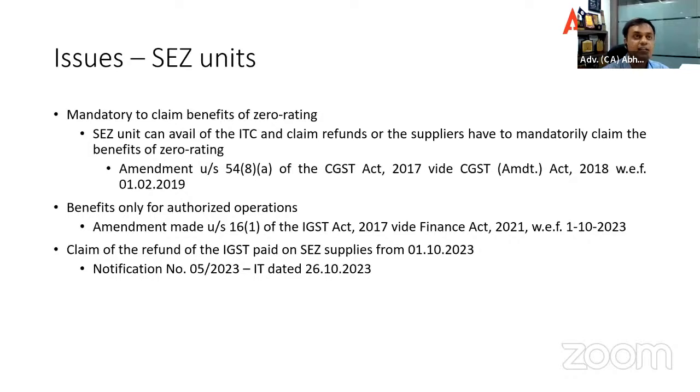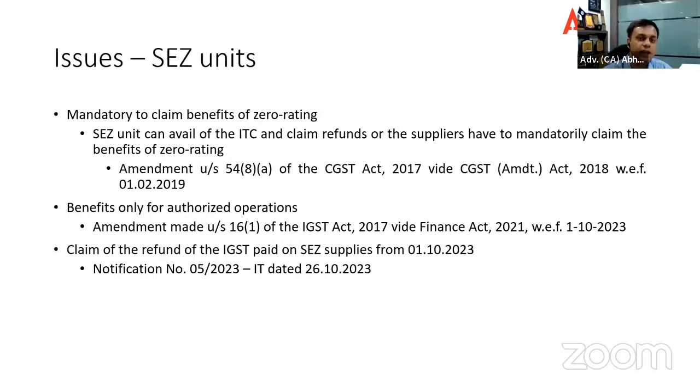SEZ. Now SEZ, again there is an amendment. There was an issue earlier whether a person who is making a supply to an SEZ unit has to compulsorily claim the benefits of zero rating, that is either to pay IGST and claim refund or to do it under LUT, or can such person charge the GST, collect the IGST from the SEZ unit and let the SEZ unit avail of the credit and utilize that credit or claim the refund of the accumulated credit. Is that permissible? Earlier the department had reservations, and to clear that issue, an amendment was brought into place